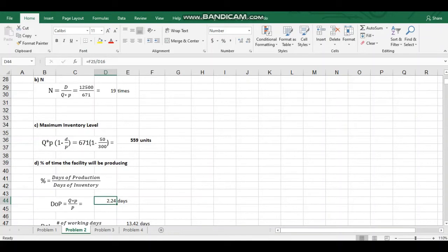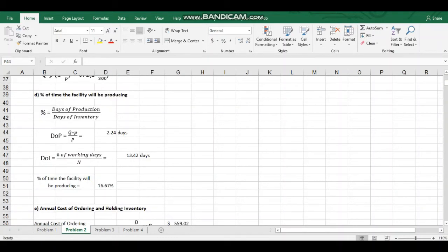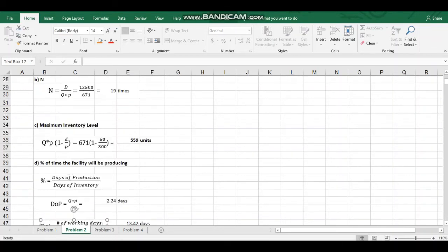Okay, and finally we have 2.24 days as our days of production. And after we found the days of production, we have to find the days of inventory, or DOI. So to find the days of inventory, we have to divide the number of working days in a year, which is